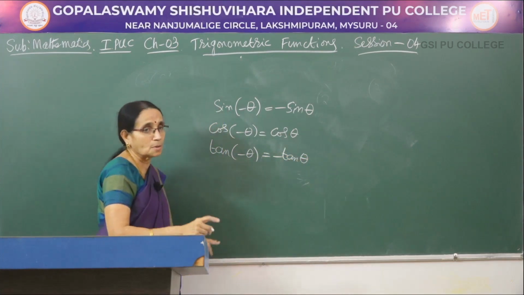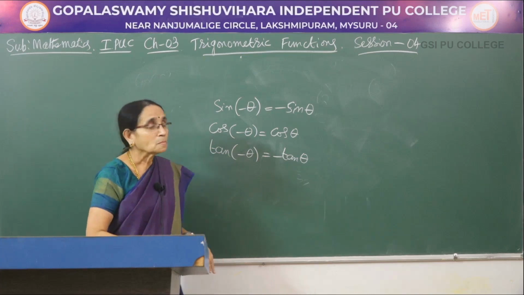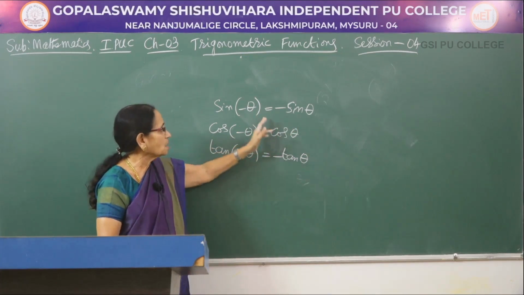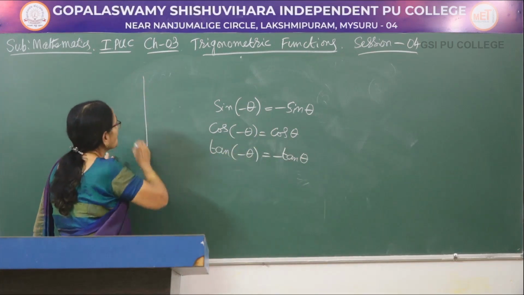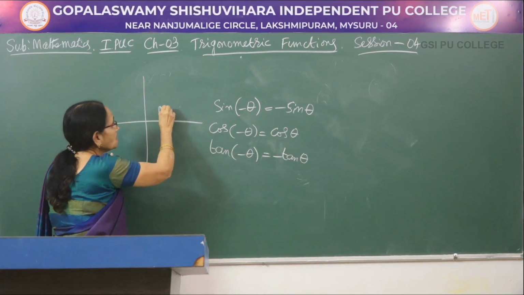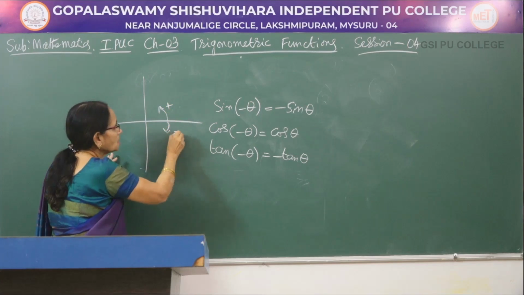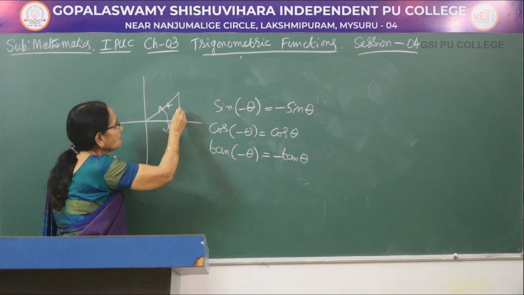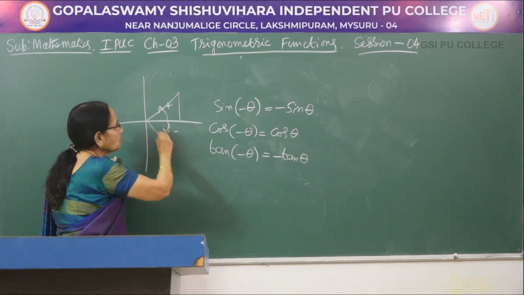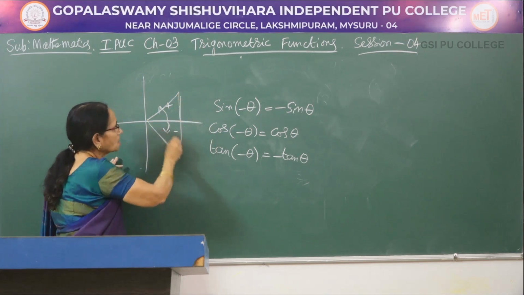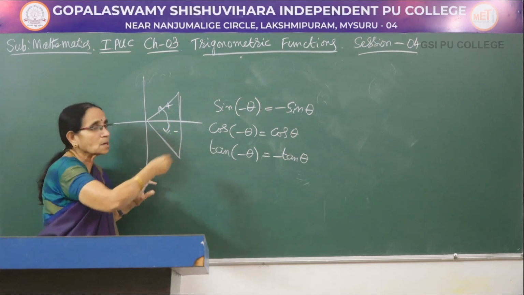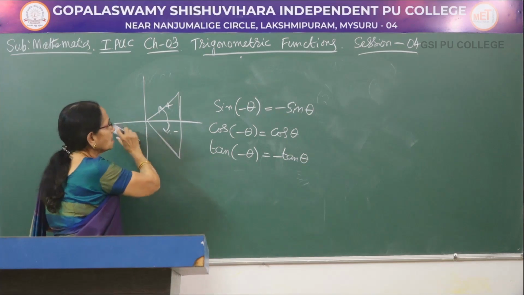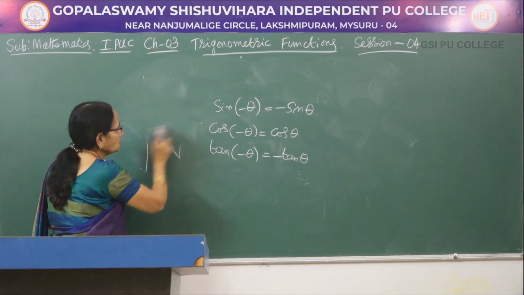Even this can be derived by drawing the figure, considering a triangle in the first quadrant. Minus means it is like this. See, if you measure like this, it is positive. If you measure like this, it is negative, isn't it? So, you just take a triangle here, then it would be positive. If you continue this one and compare the two triangles here, we can arrive at the result. All these derivations usually are not expected. So, I am giving directly the rule of this one.